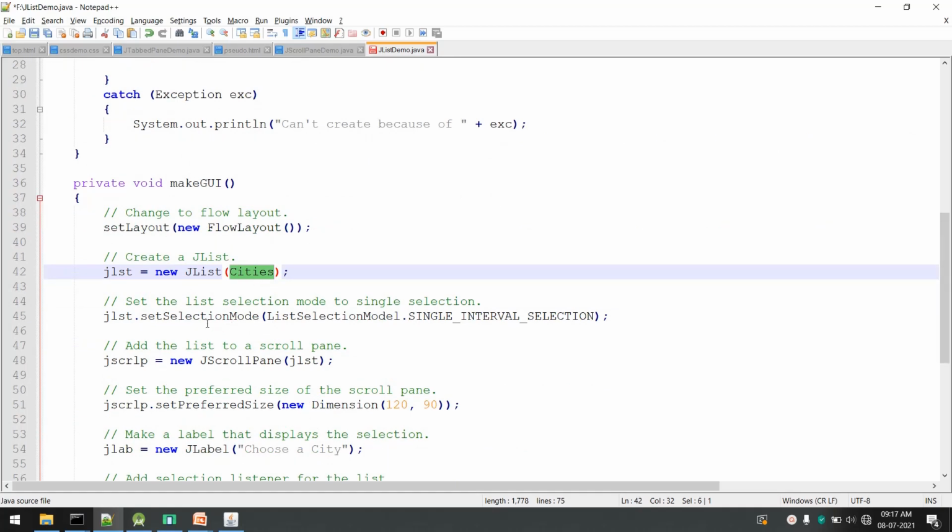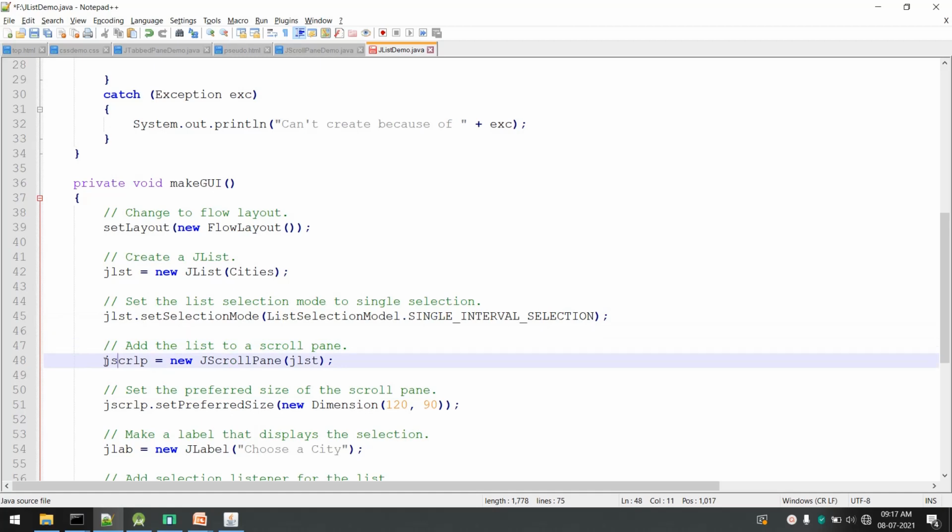Now then we are setting a selection mode first. JList selection mode, it is ListSelectionModel.SINGLE_INTERVAL_SELECTION, which means we can select a continuous range of items. Then we are adding a scroll bar to the JList.